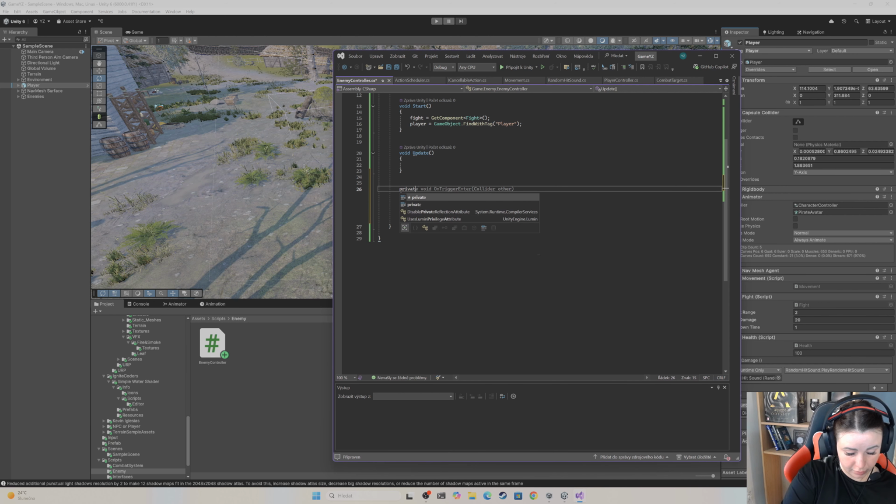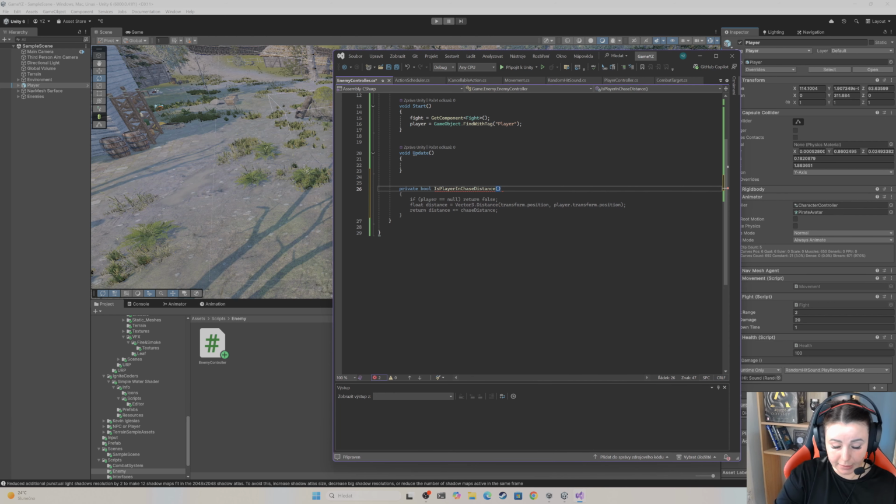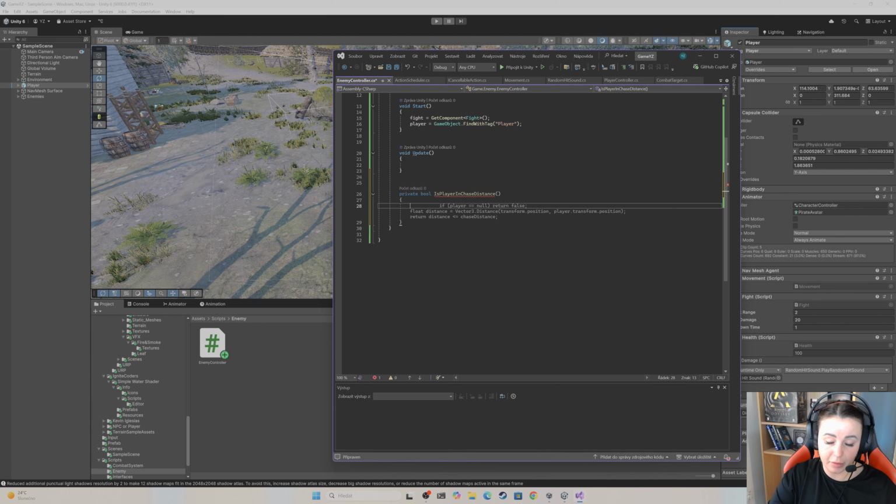Now let's create a method which will check the distance between the player and our enemy. It will be a bool type. We could use the auto-fill for naming. So IsPlayerInChaseDistance, like this. And inside our method, first of all, we need to calculate the distance to our player. So float distanceToPlayer